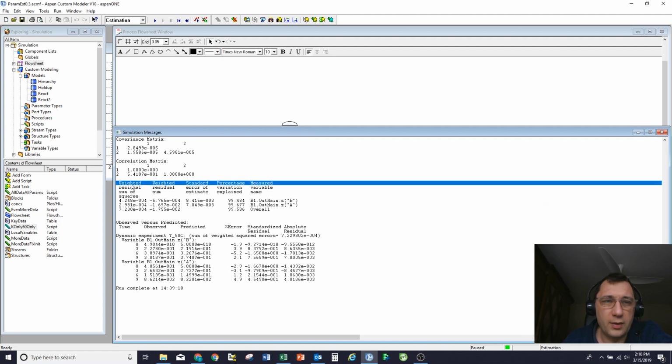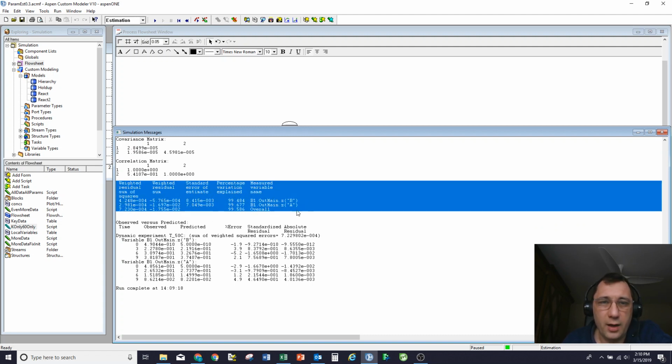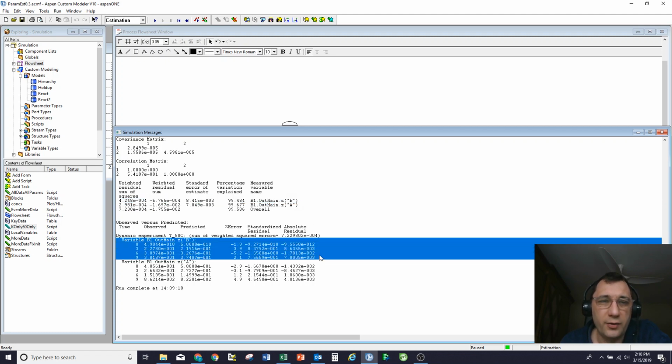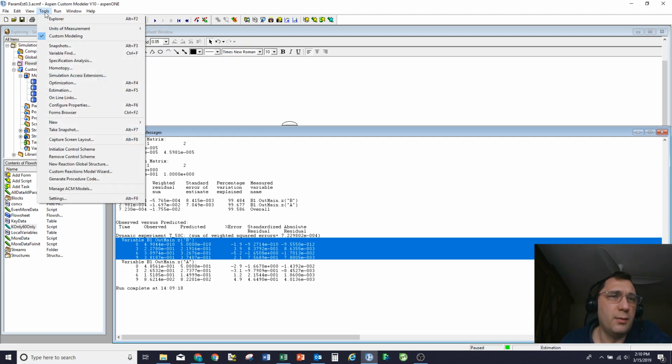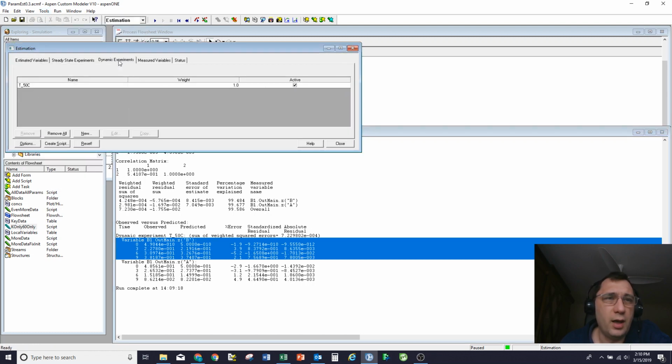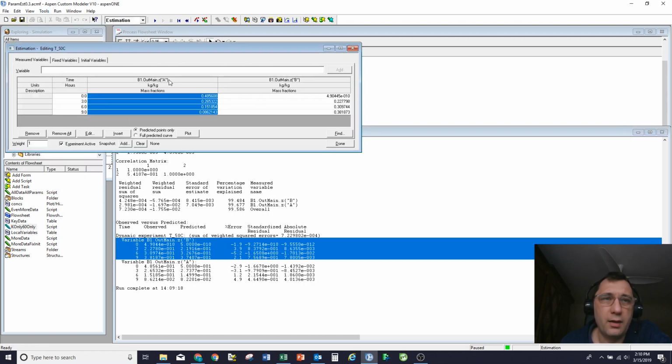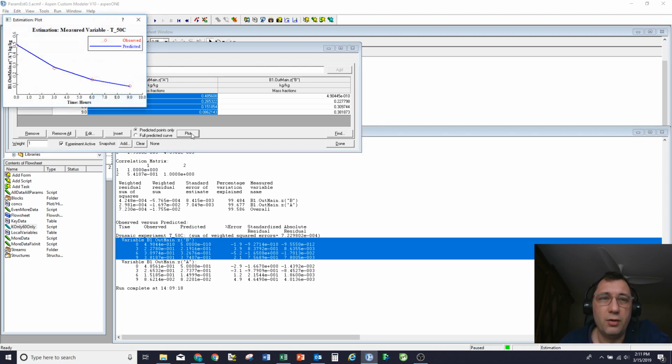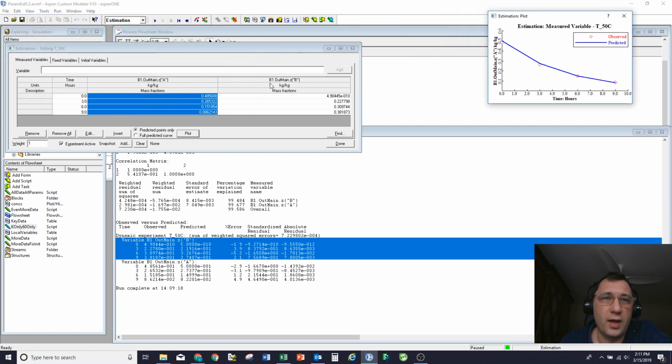It then talks about how well it fits the overall data, and then it gives you the details on individual experiments. So you've got this is what was measured, this is what the model predicts, this is the percentage error, this is the residual error, and so on. So you can really drill down and see where the errors are and where the gaps are if you want to. If you want to do it graphically, you can come in, estimation, and then unfortunately this is a bit clunky. You've got to come into individual experiments and individual rows of the experiment,